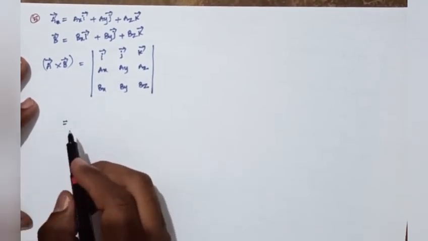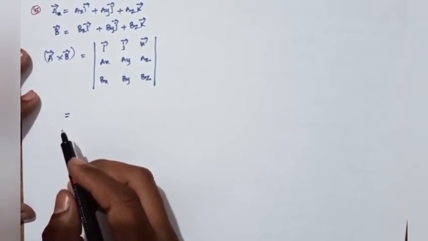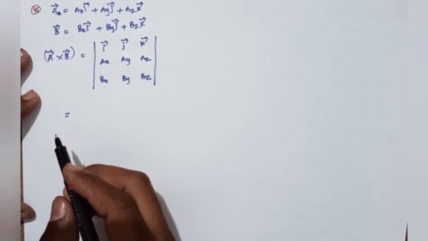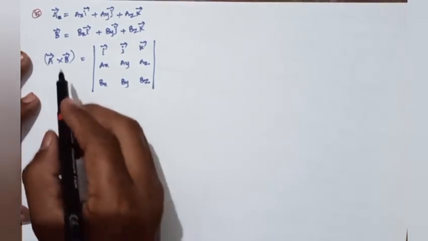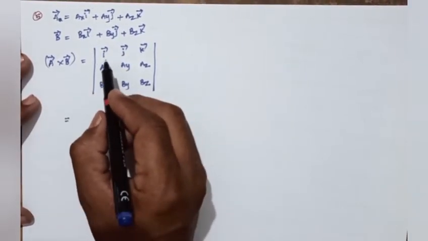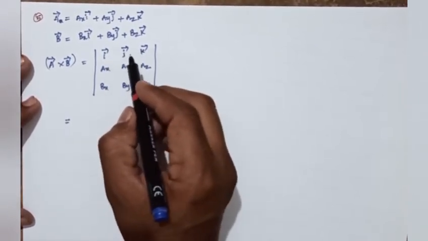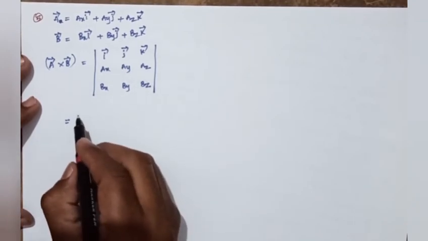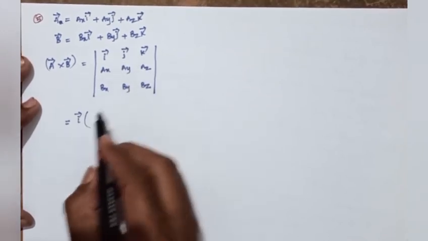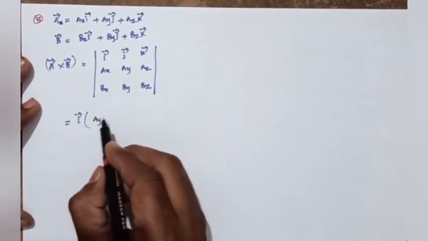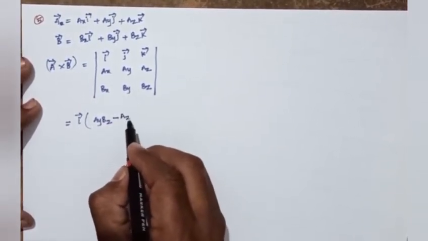So it is written as a bar cross b bar equals mod of i bar into the determinant of these two terms, ay bz minus az by,